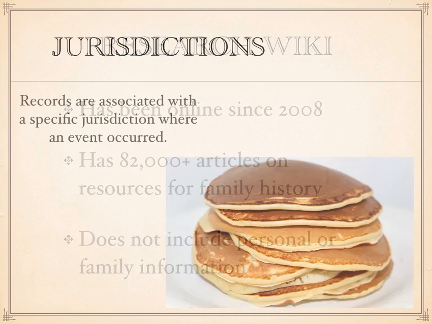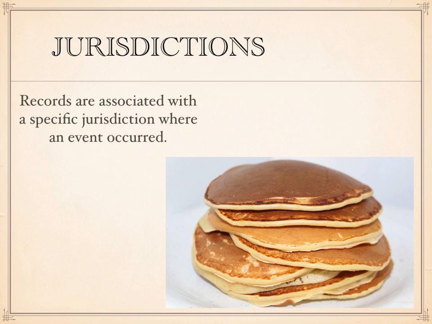Now, the wiki is organized as an analog or a model of how information is created about individuals that becomes of interest to genealogists. Important to understand that records are associated with a specific jurisdiction where an event occurred. And a jurisdiction can be a technical word, but it is in fact a generalized term for any organization's area